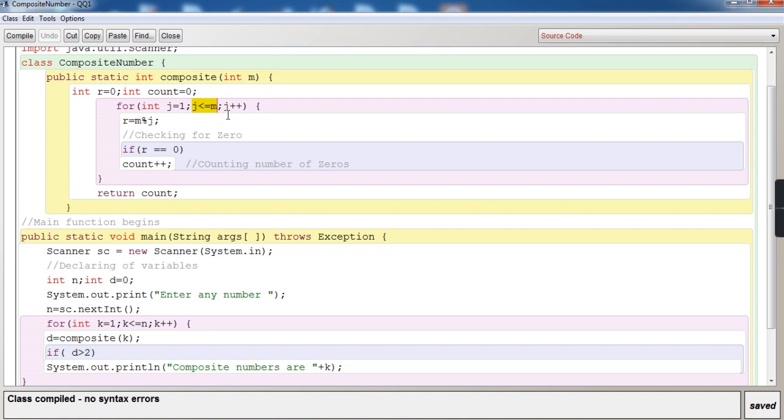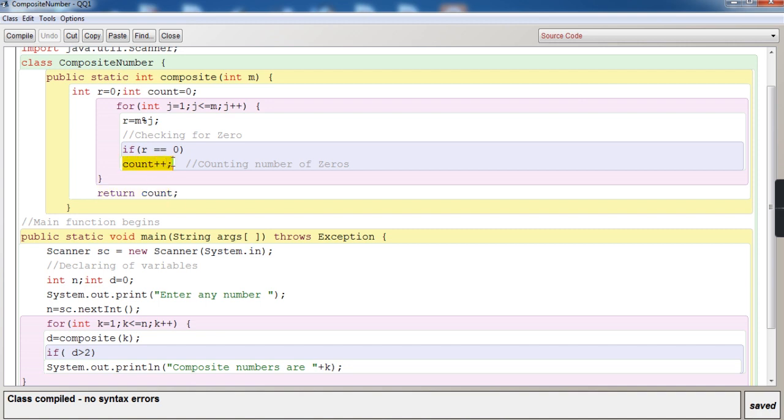So 2 is less than m. m is 1 because m has got 1 over here. So 2 is less than 1 is false. As it is false, it will not enter the body of the for loop, and it will come to this place and say return count.